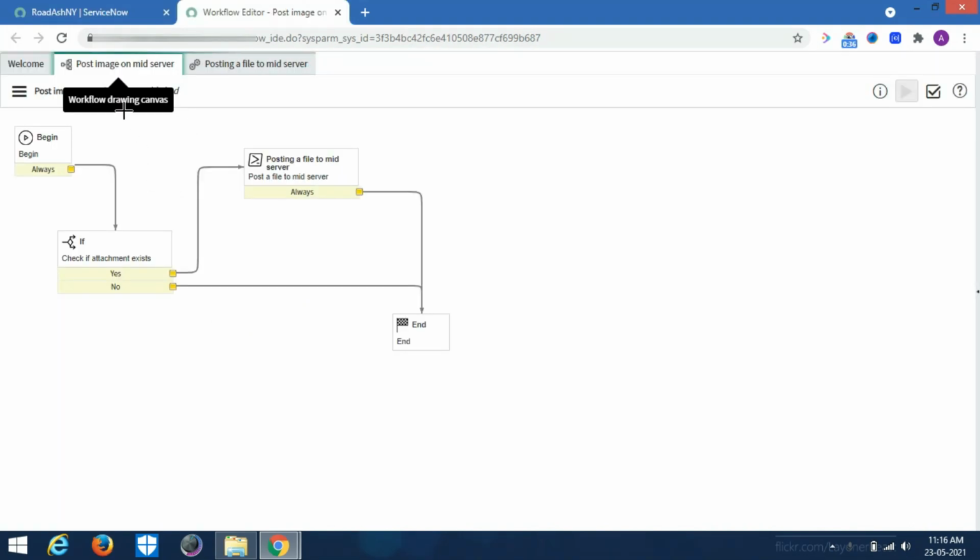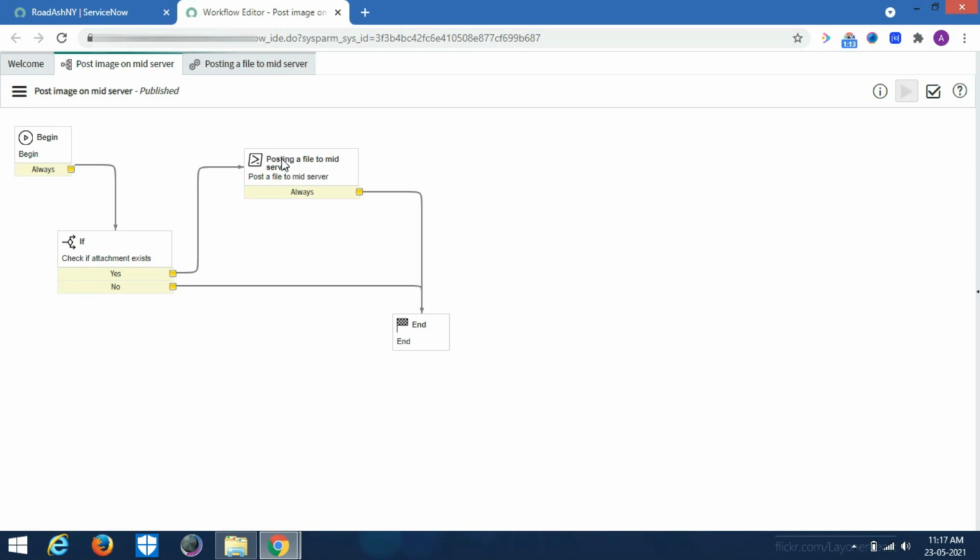This is the workflow. The name is post image to mid server. So the name is image, but ideally you can select any attachment. It can be an Excel sheet, it can be a PDF, it can be a text file, anything. So when we save that record, this workflow runs, and the first thing it checks is if there is an attachment present on that record. So this activity simply glide records our sys attachment table, and if it finds an attachment record against our rodash-ny record sys ID, then it returns yes, and we enter a PowerShell activity.